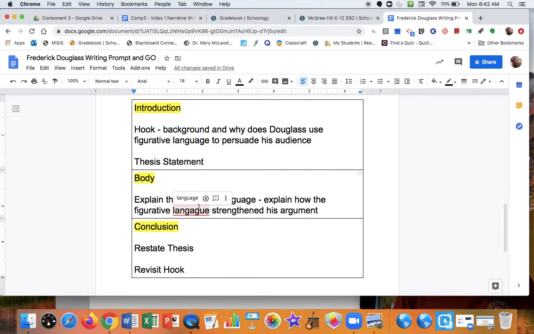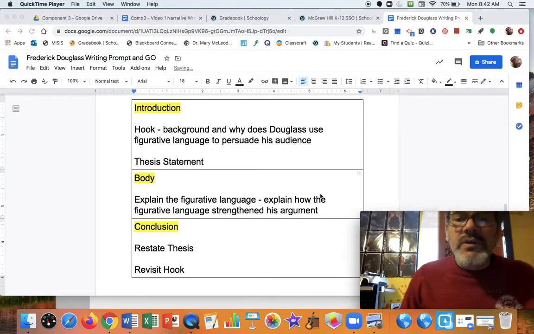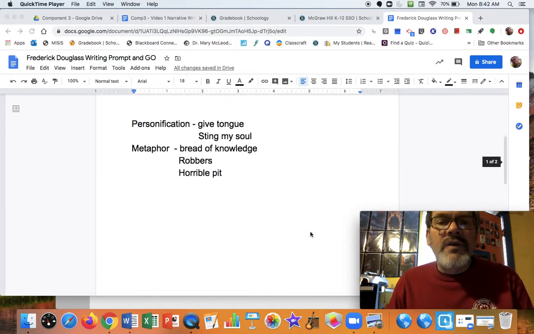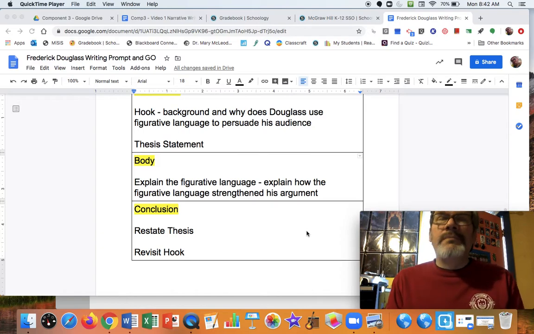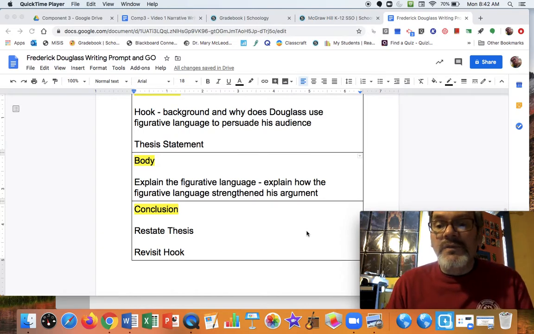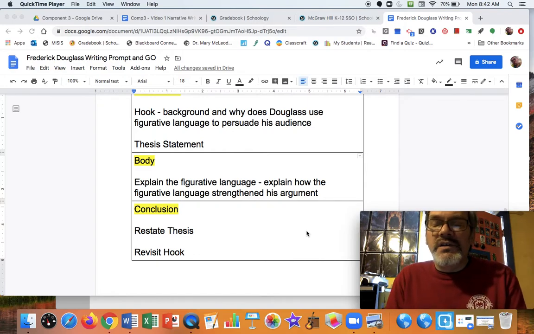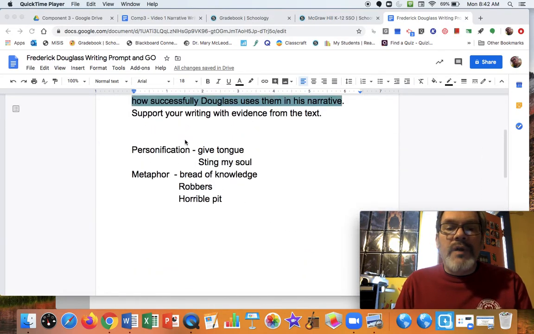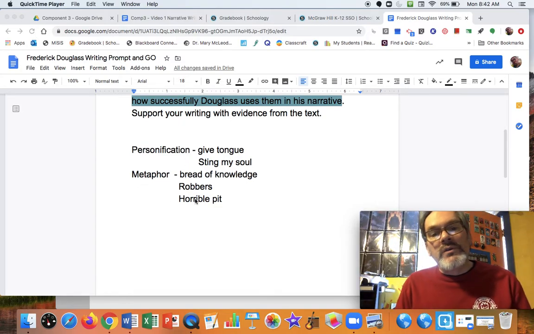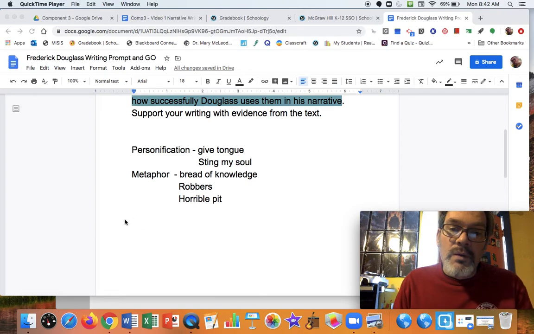Let me give you an example of this. So in the body paragraph, I would start off with my topic sentence of how Frederick Douglass used powerful figurative language to help his audience understand the evils of slavery. And then I would pick one. Remember, you need at least 2 pieces of evidence. So why don't you pick at least one personification or one metaphor, or you could do just personification, or you could do just metaphor, or like I said, you could even do 1 paragraph on personification, 1 paragraph on metaphor,